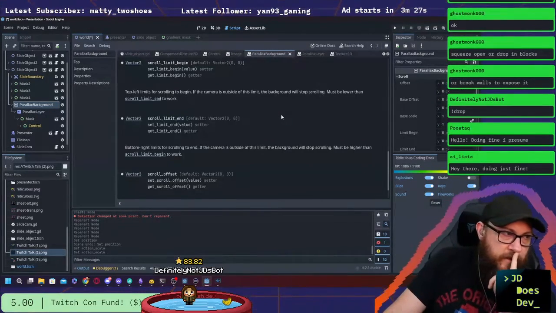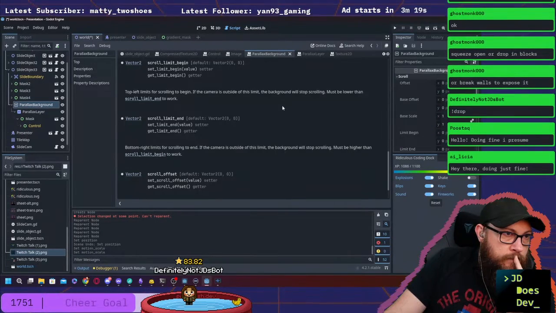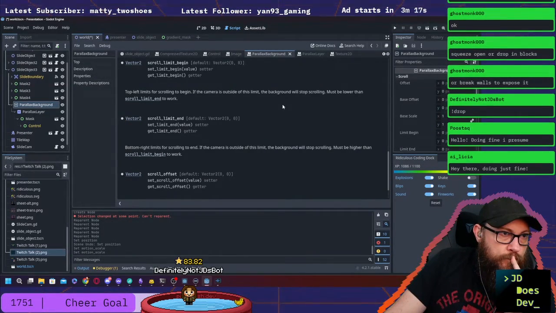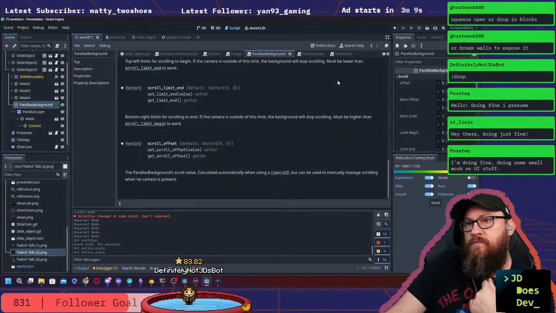I don't think parallax is going to work for this. I think instead, I mean, it's a good idea, but